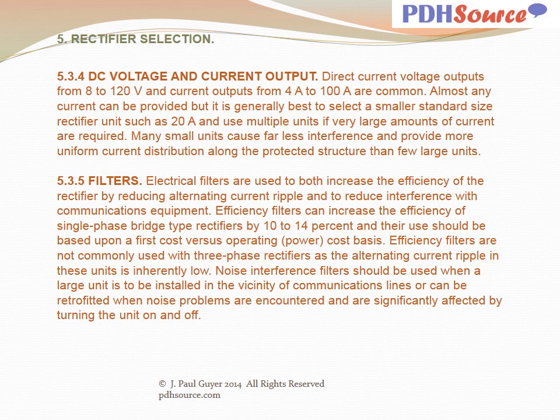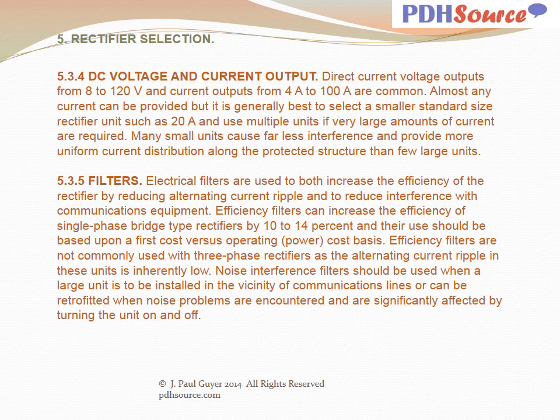With regard to DC voltage and current output, direct current voltage outputs from 8 to 120 volts and current outputs from 4 amps to 100 amps are common. Almost any current can be provided, but it is generally best to select a smaller standard size rectifier such as 20 amps and use multiple units if very large amounts of current are required. Many small units cause far less interference and provide more uniform current distribution along the protected structure than few large